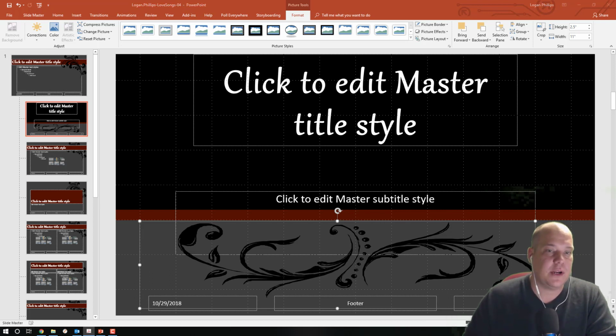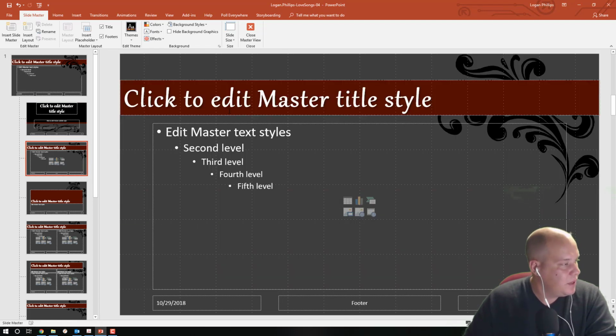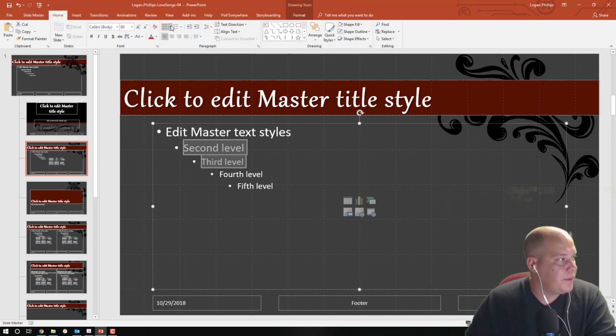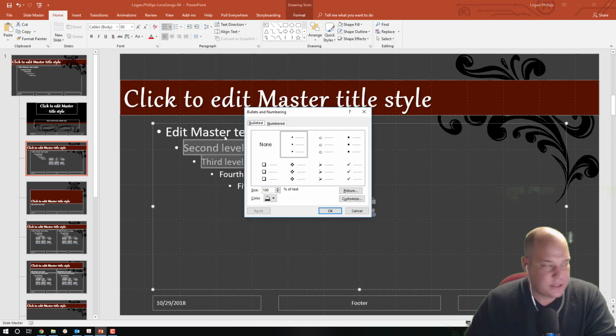All right, on step 8, we're going to apply a picture bullet. So we're going to select the title and content layout. We're going to select the first 2 bulleted items. Let's go up to the Home tab, the bullet drop-down menu, and we're going to change this to Bullets and Numbering. And we're going to click on Picture,